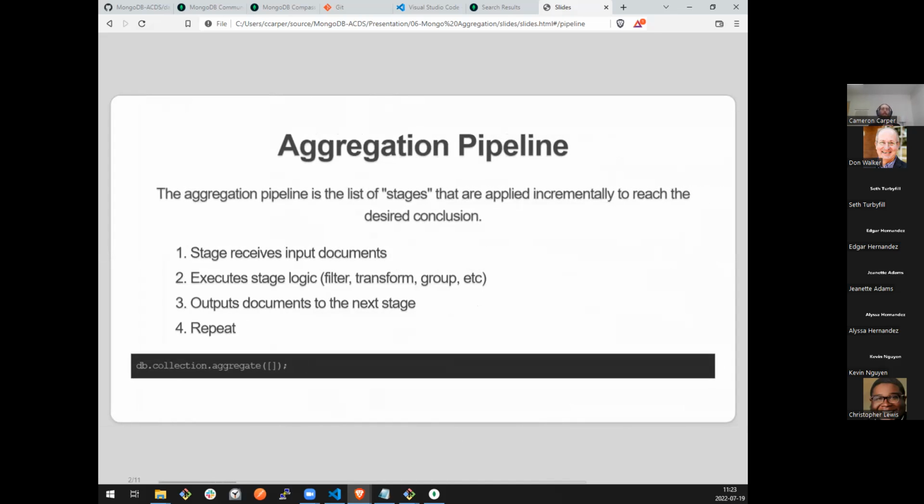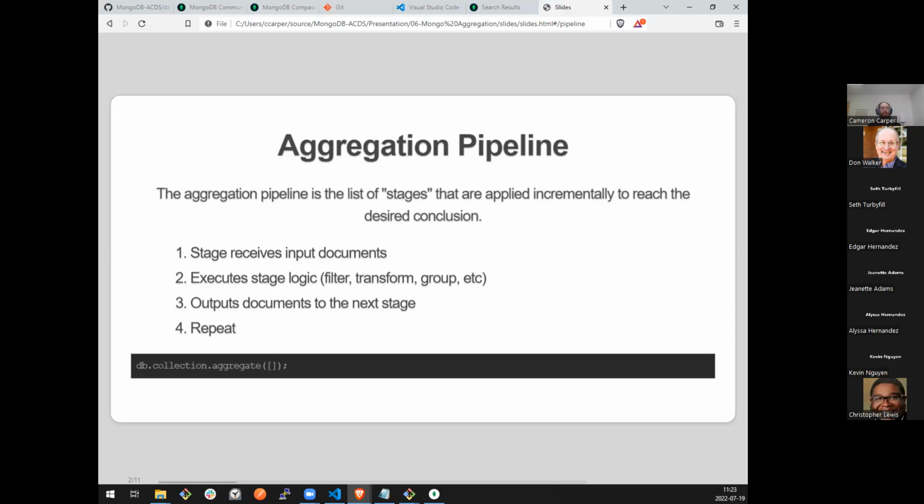So what is the aggregation pipeline? Previously, we've just looked at db.collection.find, and there is also insert and create and delete. Right now, we're just querying. The aggregation pipeline is similar in that, if you were writing on a command line, it's db.collection.aggregate.